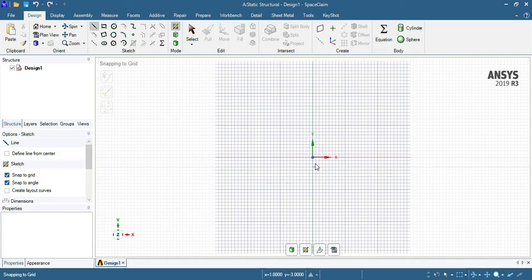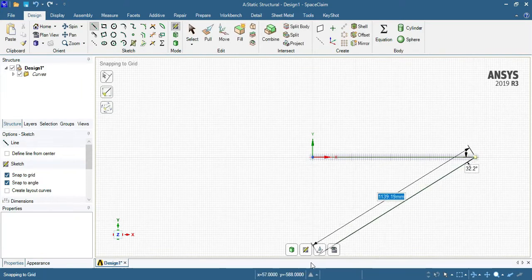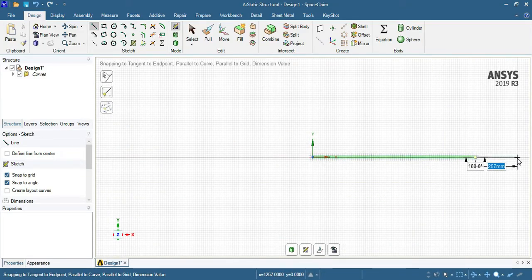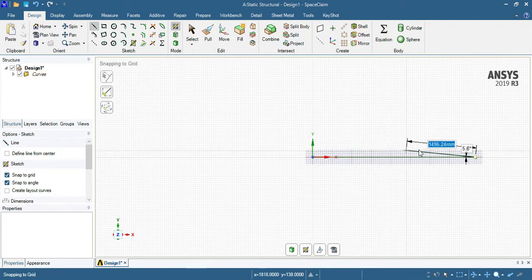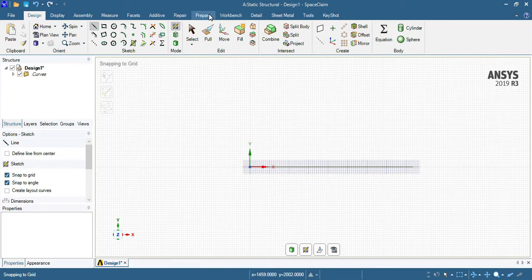Now draw a line of 1 meter, that is 1000 mm, then 1.5 meter, and again 1 meter. So here enter, again 1000. Now go for prepare.